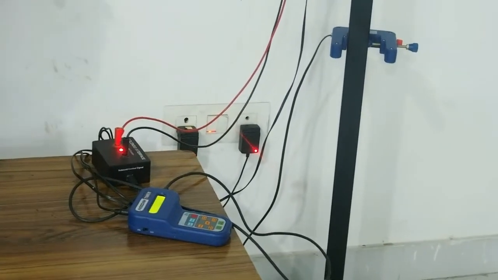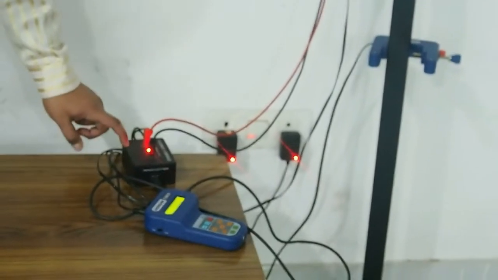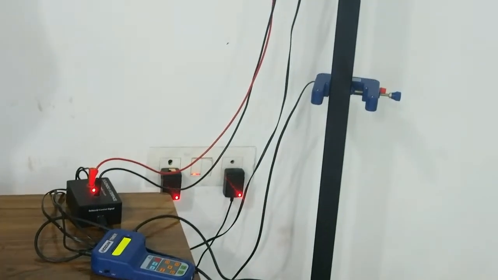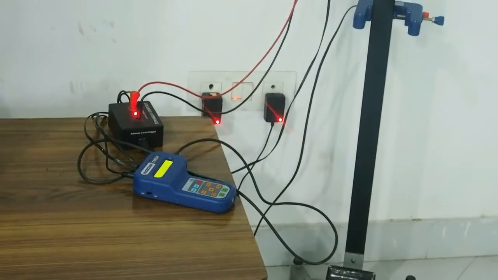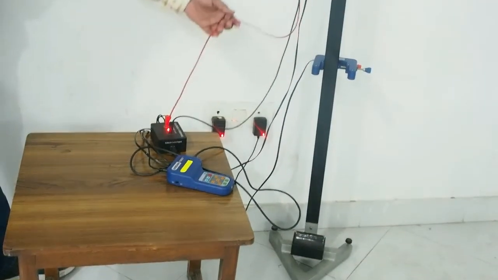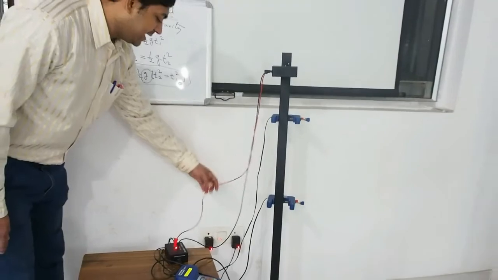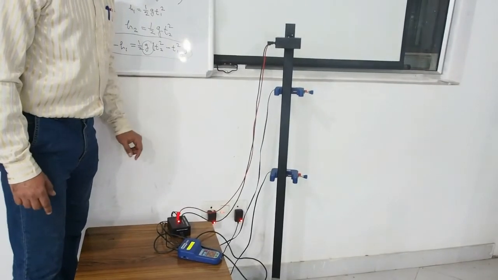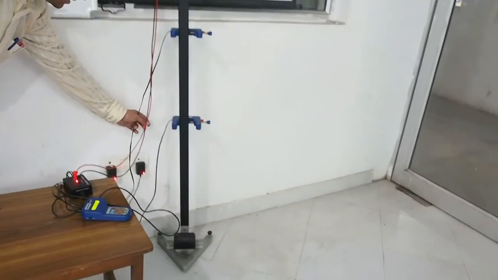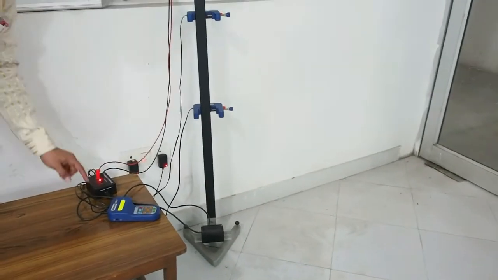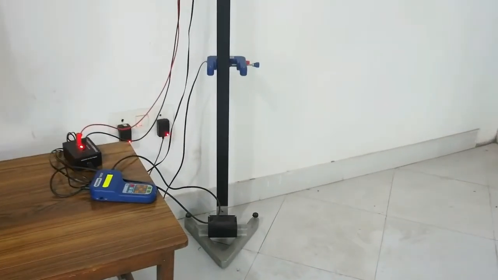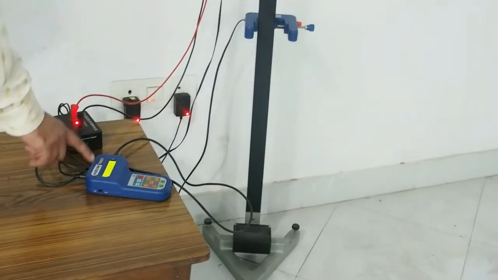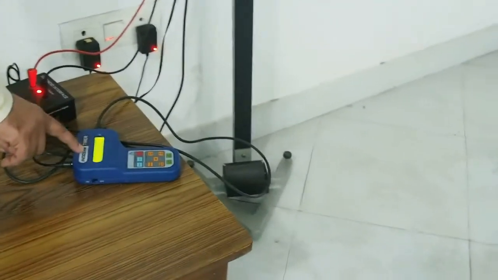I have connected the solenoid interface and the Indosa timer with the adapters so that they are continuously powered. Now I have connected two flexible plug-in leads, one red and one black, to the solenoid, and two USB cables from these two photogates are also going to the Indosa timer, and one USB cable is also connected between the solenoid interface and the Indosa timer.